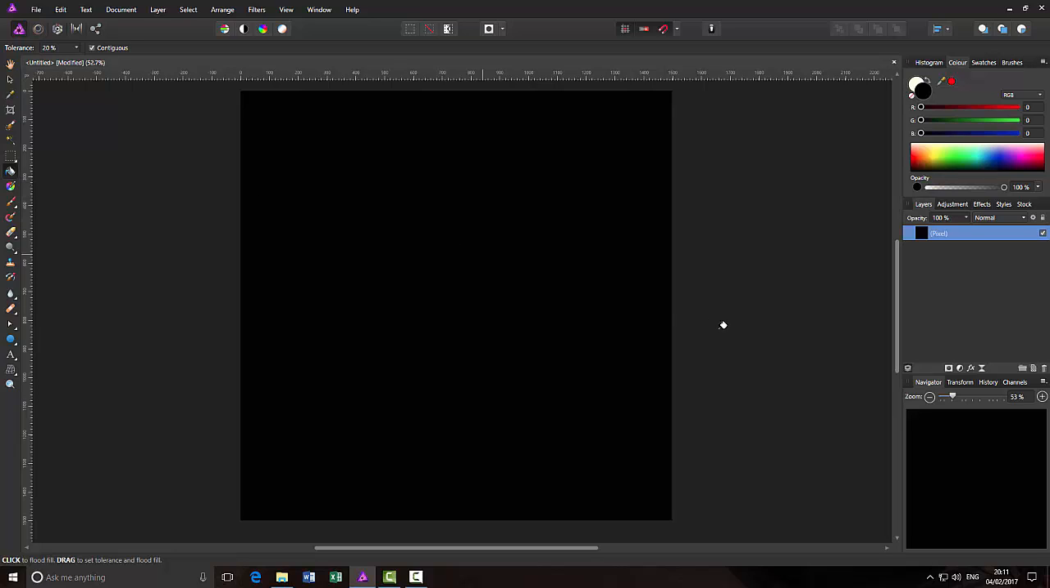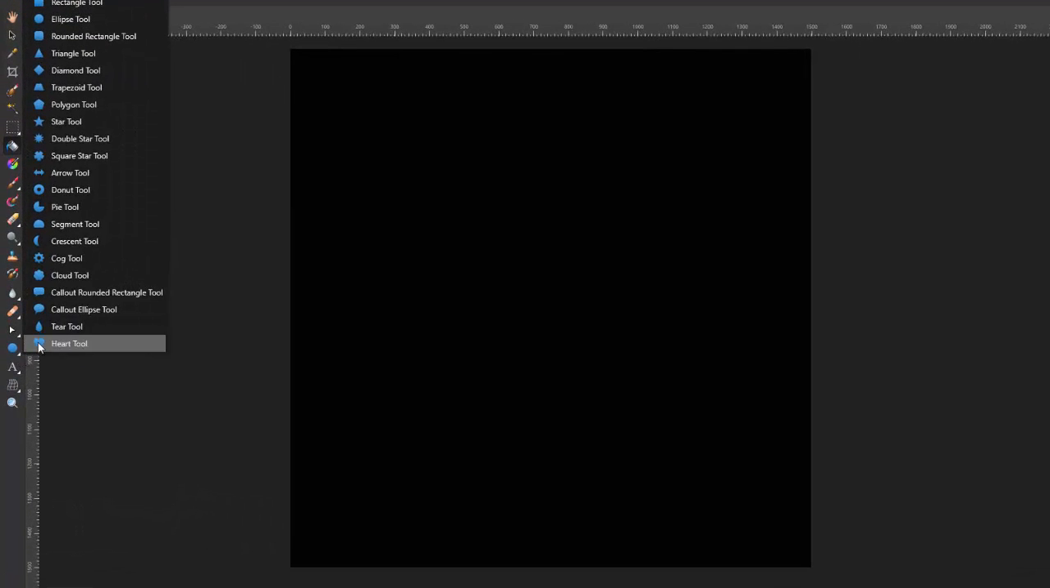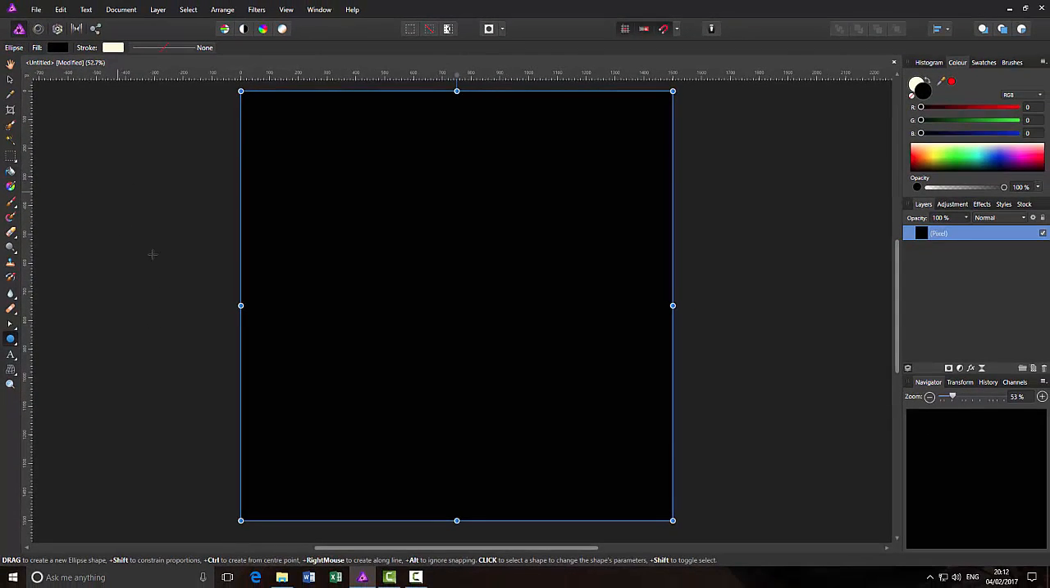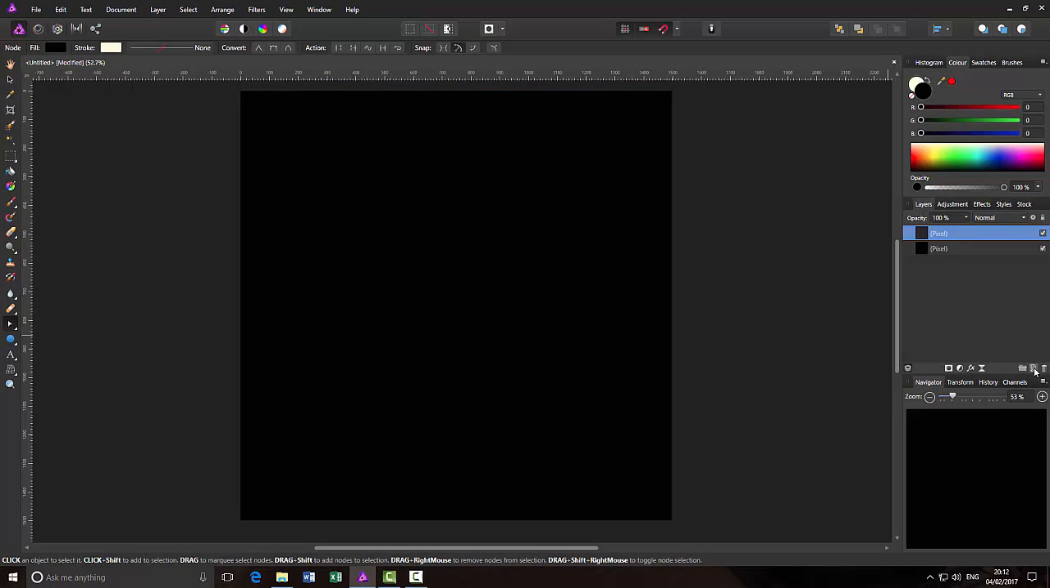So I'm going to come to the, where is it, down here, ellipse tool. There are various tools that you can use here. I think by default it normally starts off at rectangle, but ellipse is one of the options here. And I'm going to open a new layer above the black layer, and this is where we are going to draw the ellipse. I also now need white as the foreground color,